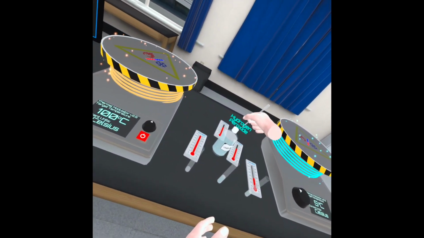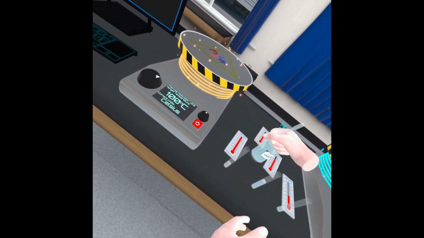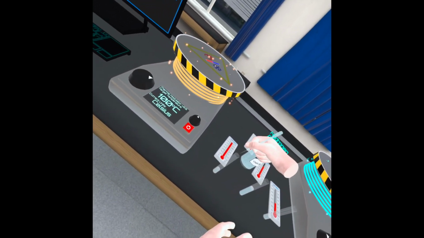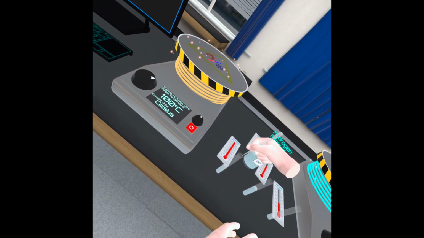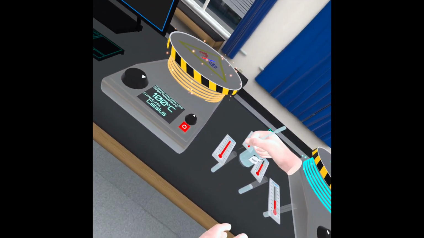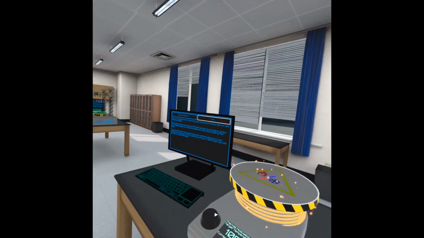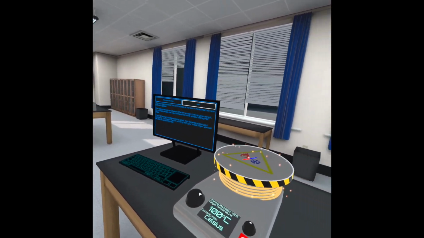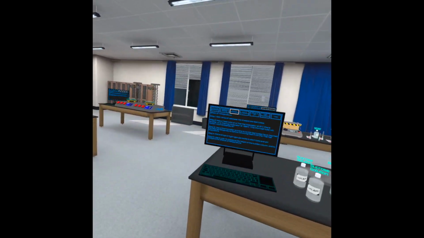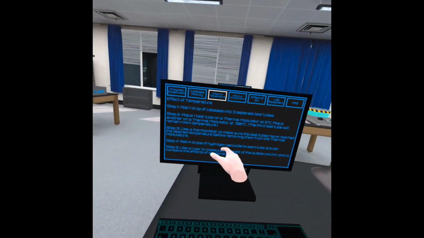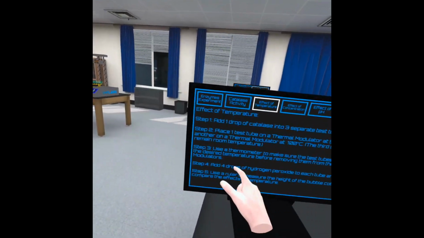The second thing to note, for the reaction to take place in this virtual lab, we need to stir the contents of the test tube. So at the point at which these things are put into the test tube, the reaction hasn't happened until you use your stirring rod. Now this is stated in the instructions. It does say add hydrogen peroxide and stir, but I do think the stirring portion is a part that can be overlooked by students,